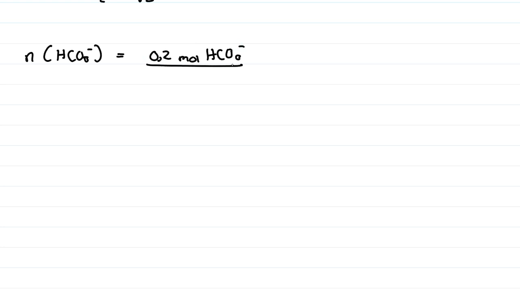So the number of moles of the acid is equal to the concentration of sodium bicarbonate, which is 0.2 mole HCO3 divided by 1 liter, multiplied by the given volume, 2 liters. So the liters cancel out, and now we have the number of moles of the acid,